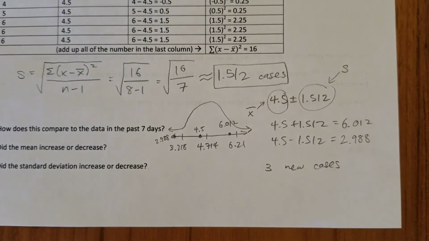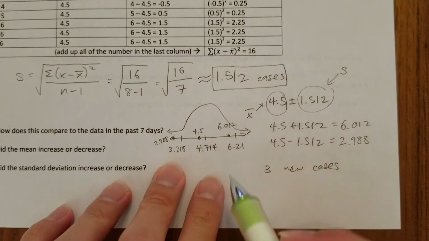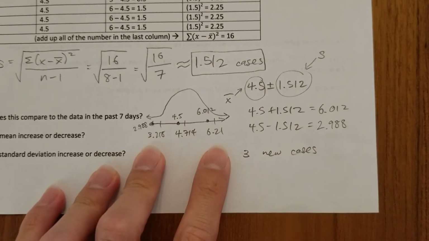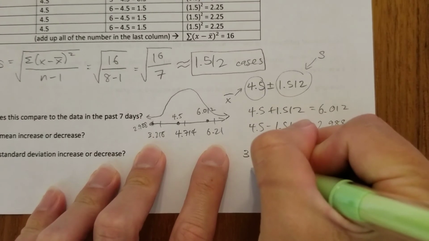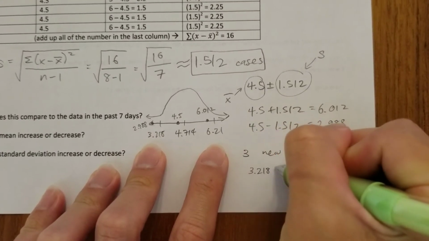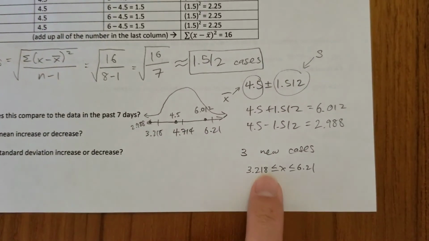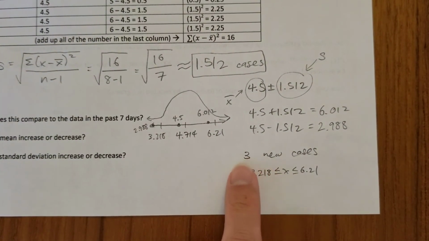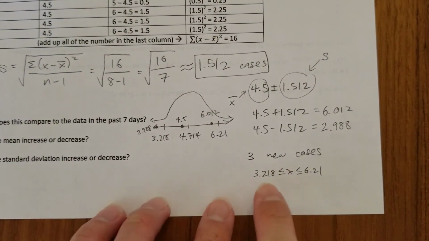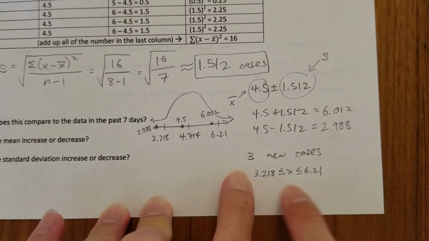If you look at what we started off with originally, our average was between 3.218 and 6.21, right? Because the 3 new cases fell out of this range here,